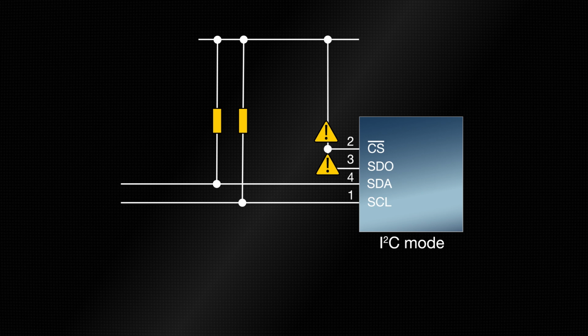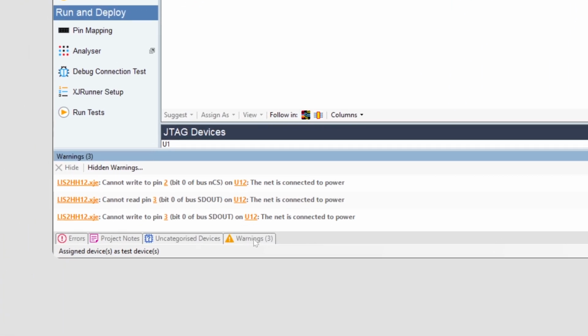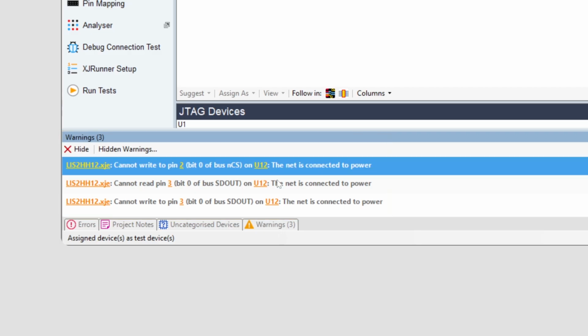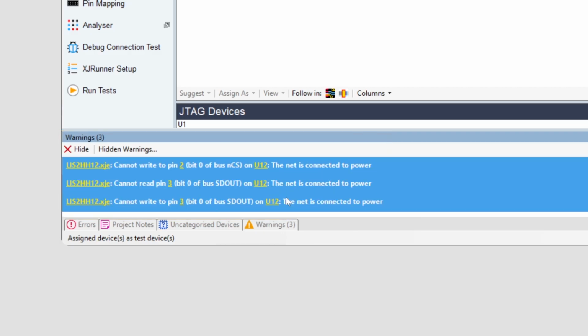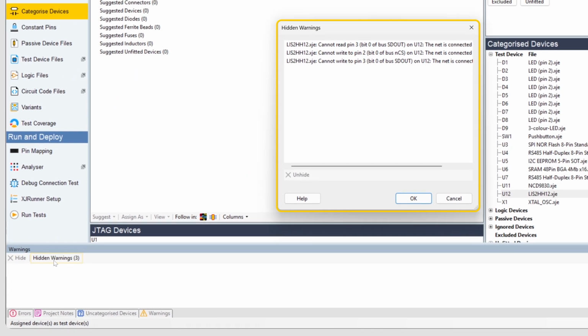That's probably not a problem if the test device file has been written so that it can work with either interface, but it could generate a warning about inaccessible pins. In that case, there's no actual problem, so the warning can safely be hidden. To do that, select the warnings and click the Hide button. That moves them out of sight to the Hidden Warnings section.